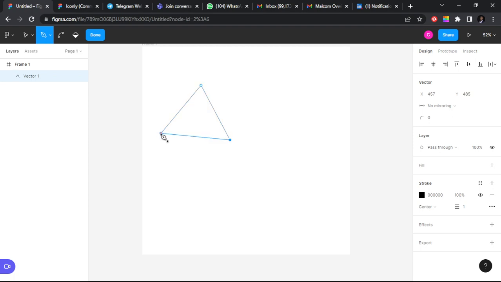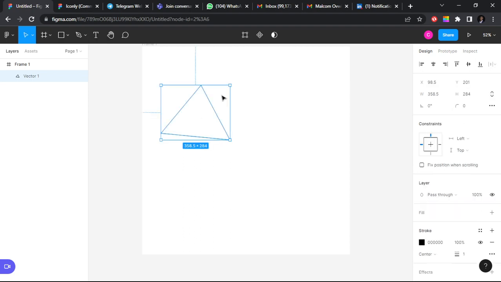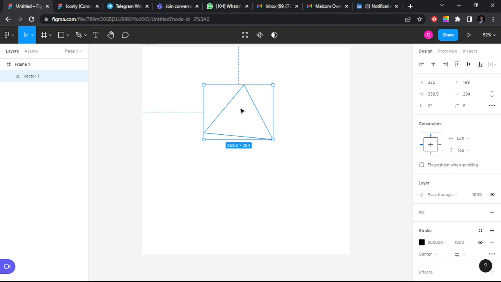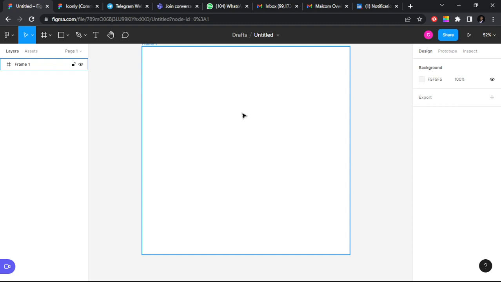If I bring the node back to the original point, I am telling Figma, close this node. So if I click it, Figma has closed it. And if I click on done, I can now call this a shape, or anything you want to call it, right? Now that is if you're trying to use the pen tool to make straight line sketches or something like that. But in a case where we want to create something like curved lines and all of those,